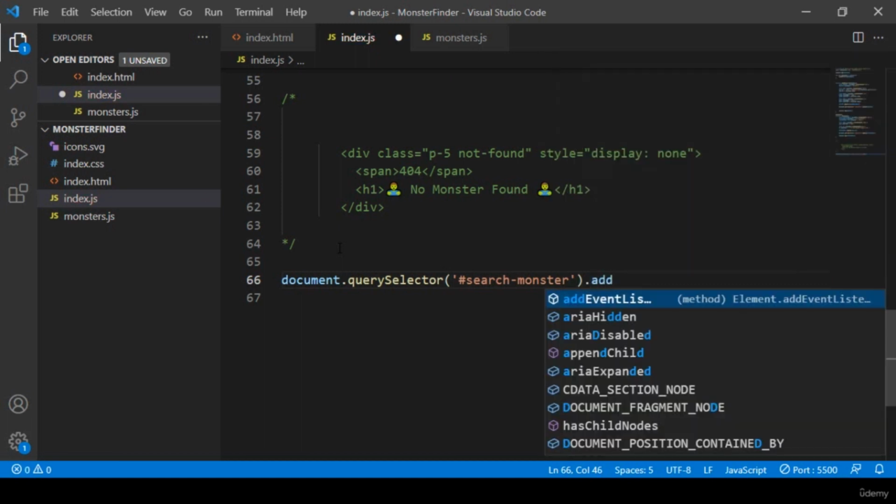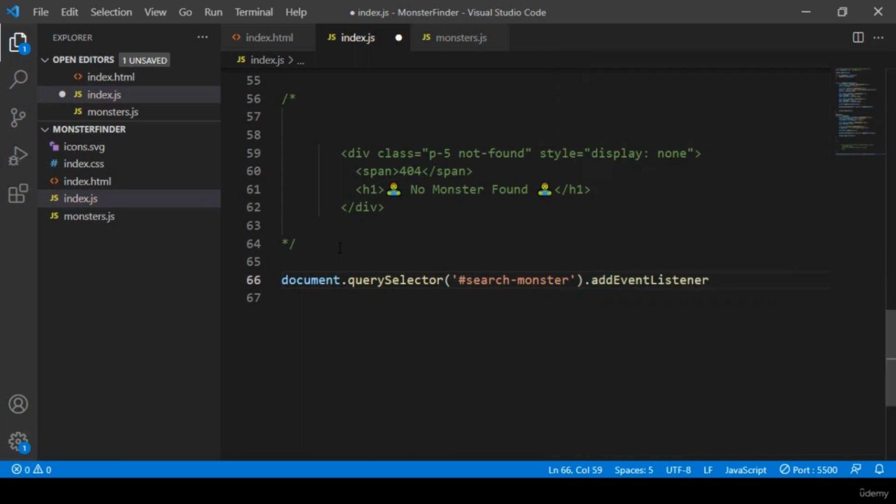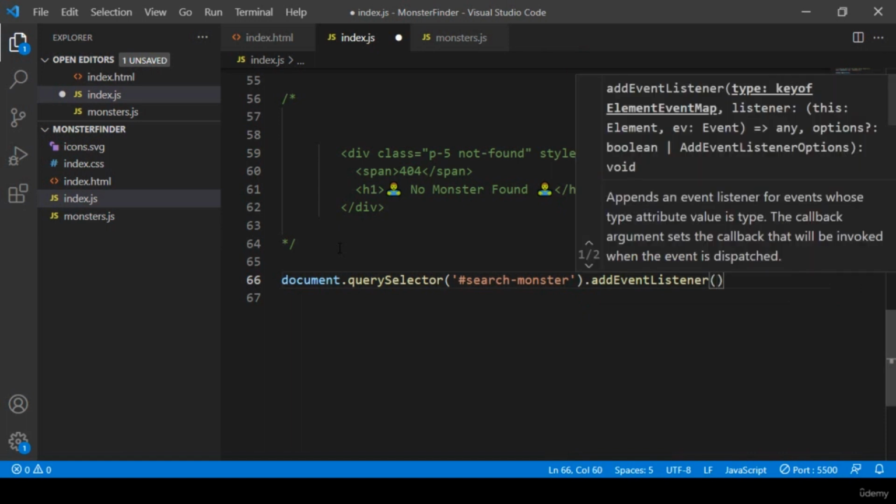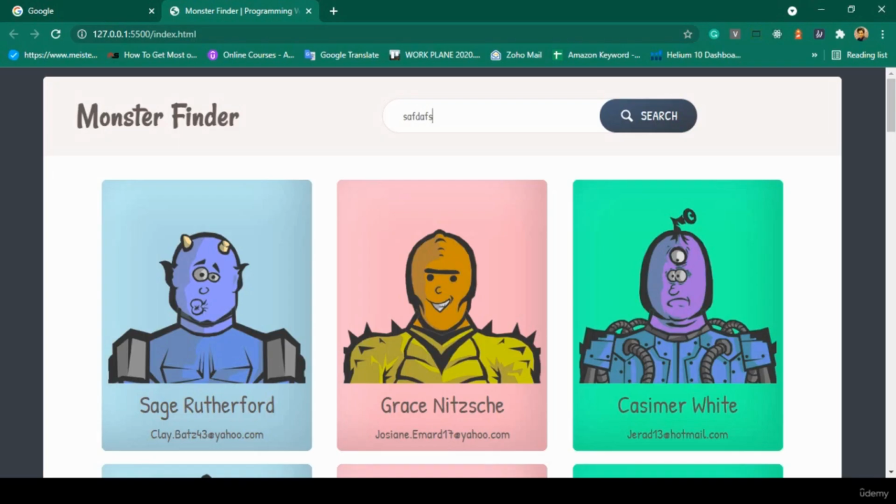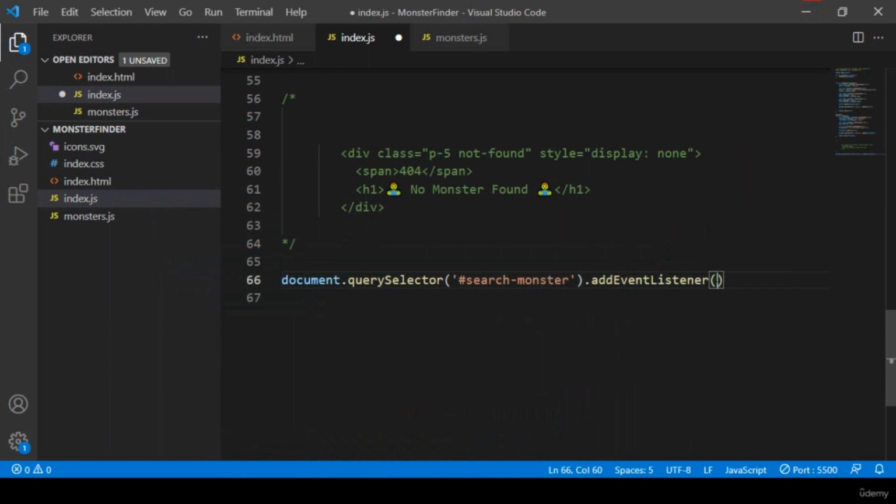and after this I want to add a listener, that will be addEventListener. In this addEventListener, first of all we have to find out our type. You can see it also suggests the type as a key of event element map. So our type will be the keyup type, whatever you pass. I want to take it, our type will be keyup,